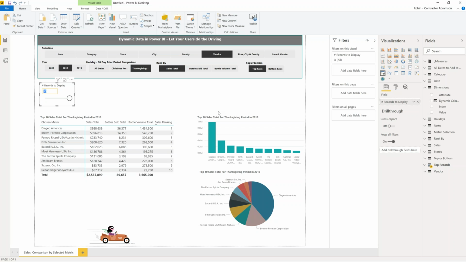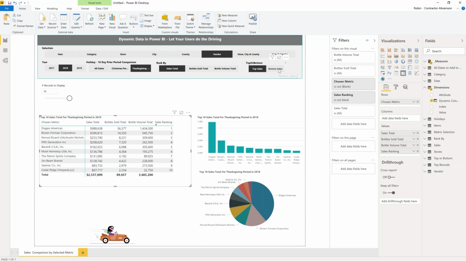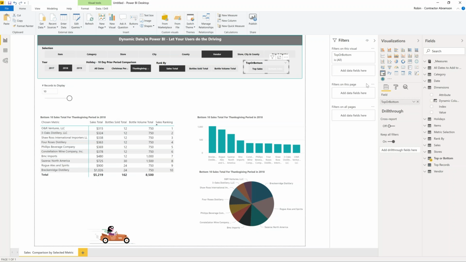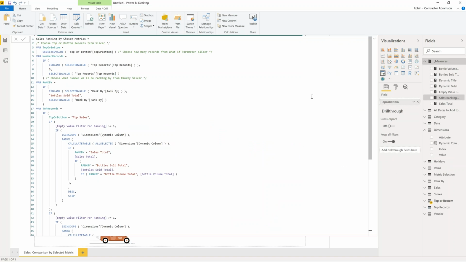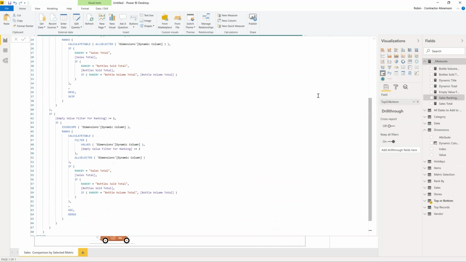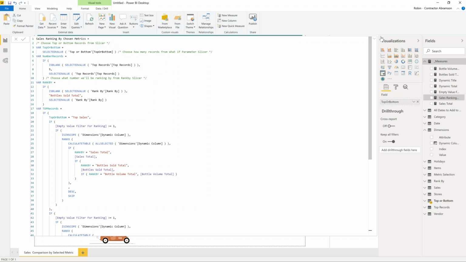By being very careful about the data you're using, how you're using it, and being performant in your measures, you can make this kind of dynamic SQL, or not SQL, dynamic DAX actually, work just as quickly as anything else. And as you can see here, we're looking at top 10 sales right now. By clicking this slicer, I switch to bottom 10 sales. And again, this is a measure that we already looked at a little bit, but here it is inside the Power BI. And it's also connected as a text file to the PowerPoint presentation,